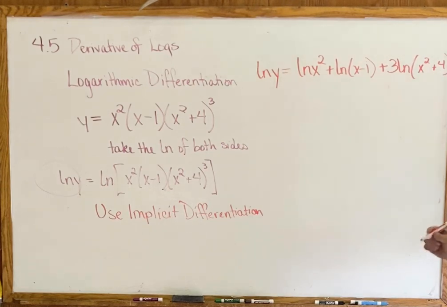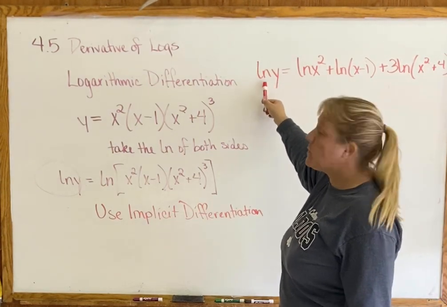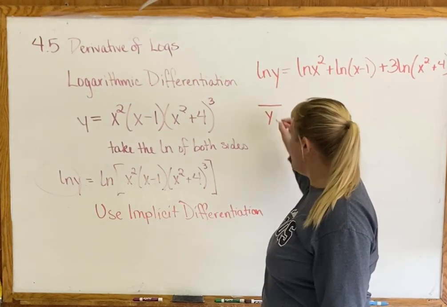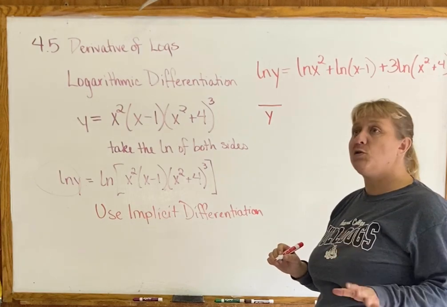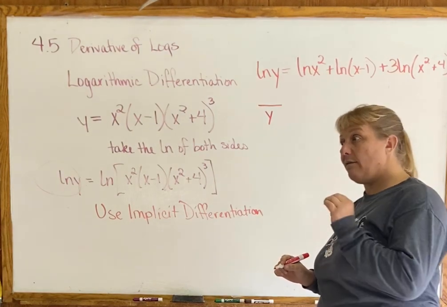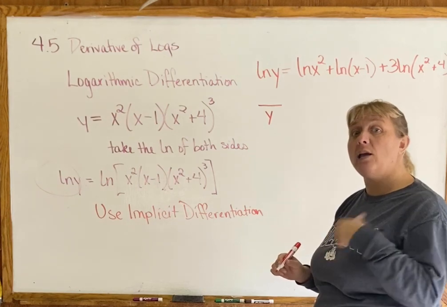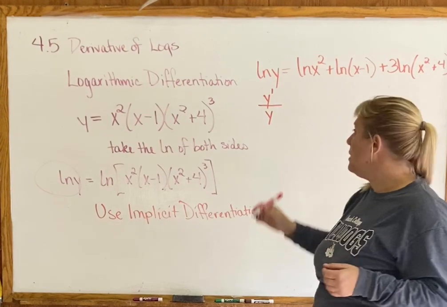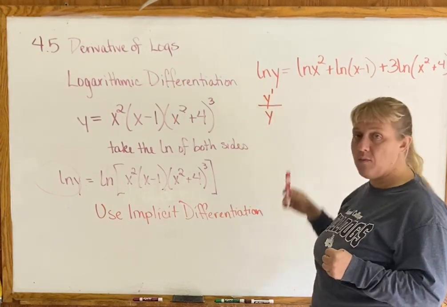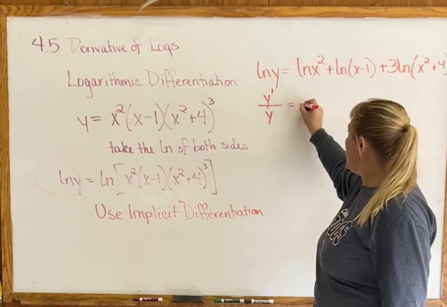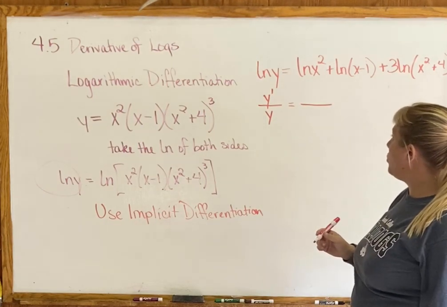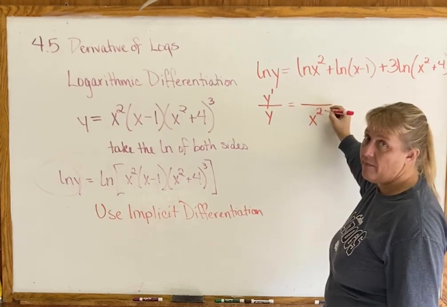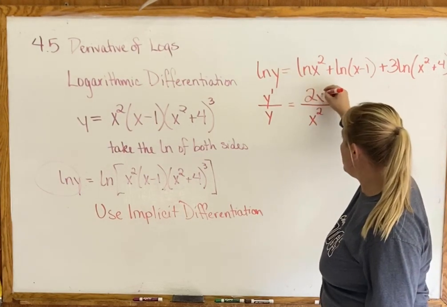All right, now comes the implicit differentiation. So we have to take the derivative of this side. Remember, for the derivative of a natural log, we take the original and put it on the bottom, y. But remember, in implicit differentiation, whenever you're taking the derivative of a y, you need to follow it by y prime. So this side is going to end up being y prime over y. Now on this side, we're going to put the x squared down below, and then the derivative of x squared, 2x, goes up above,